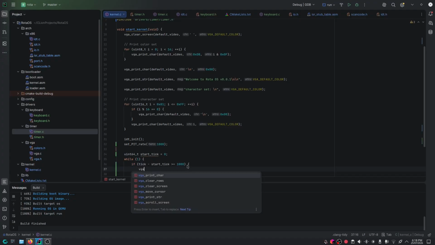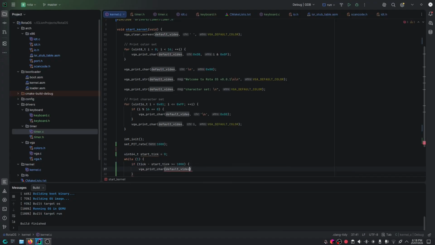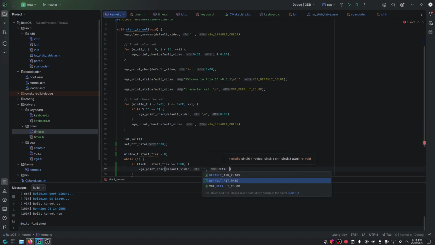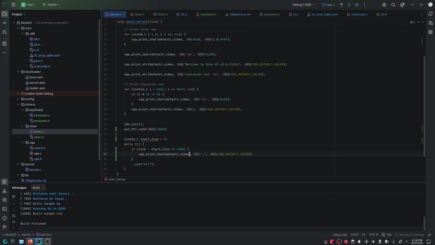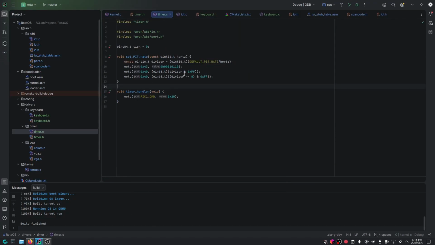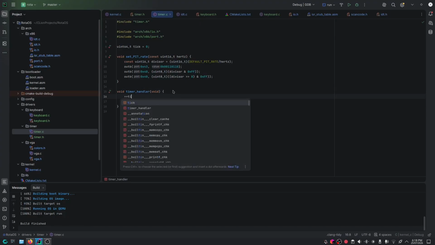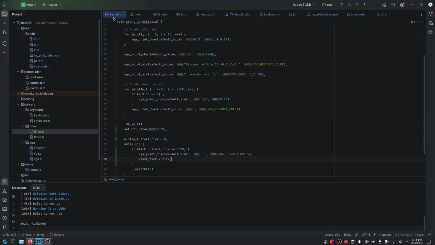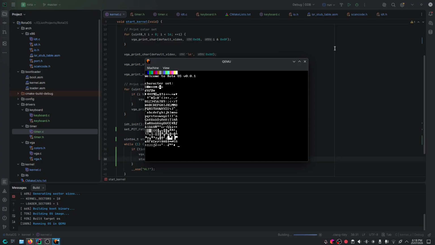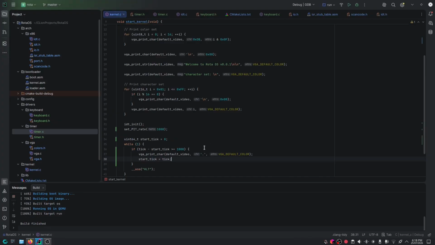Then I want to print a dot using the default color, and then the start tick can equal the tick. Did I remember to increment that? No, I didn't. Tick. Okay, let's see if this works. Yeah, okay, that looks like 1 a second. Now I can remove that,